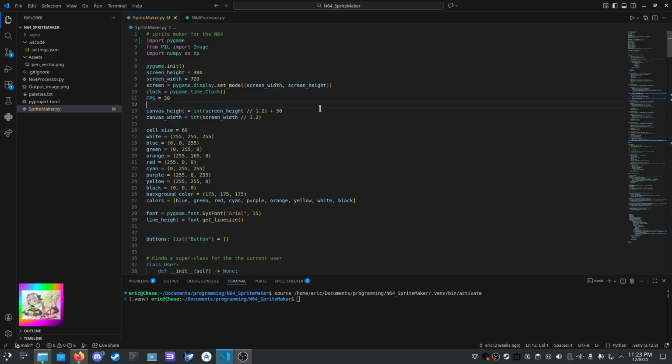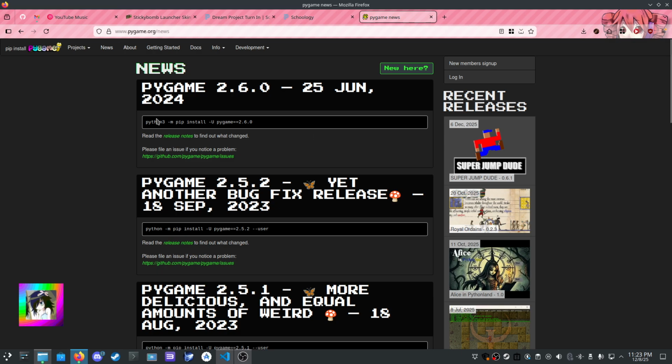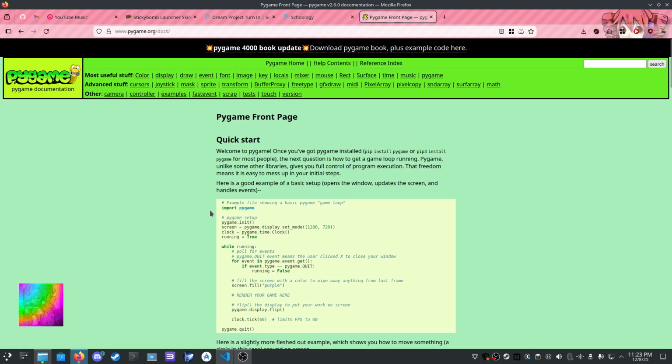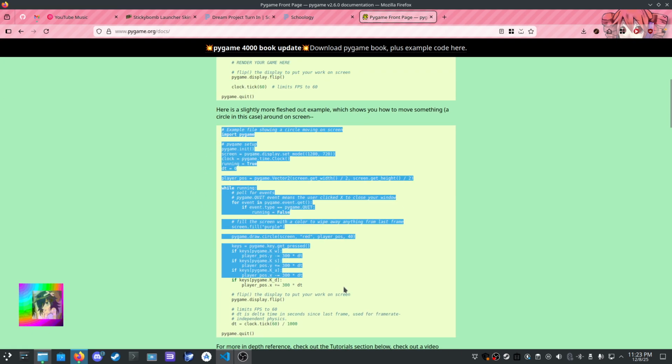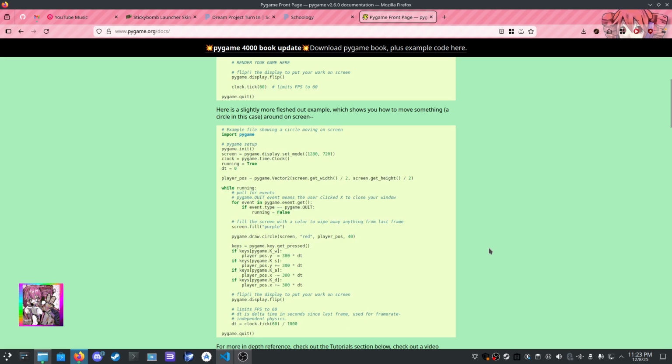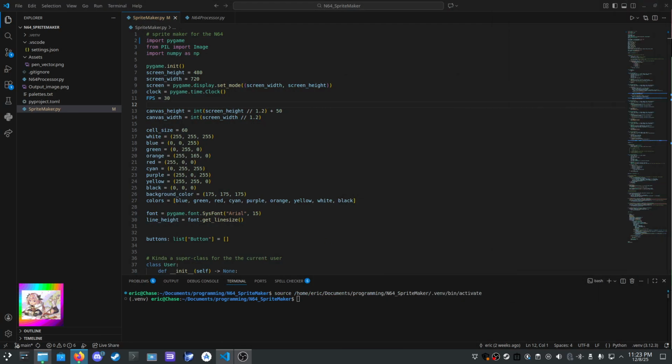I'm just going to assume you already kind of know that, and if you don't, pygame.org, docs, scroll, done. Look at how fast that was. There you go. Got some colors, color stuff.